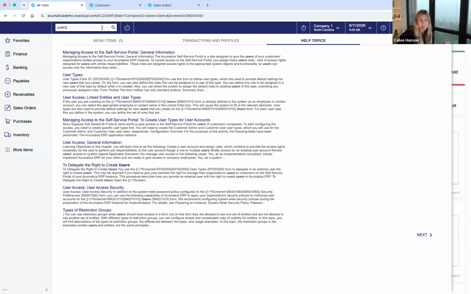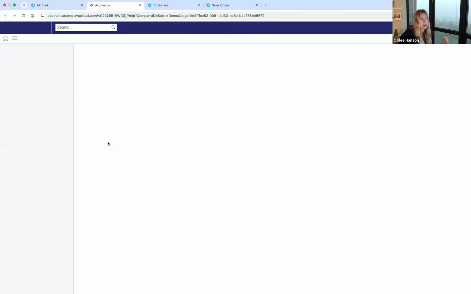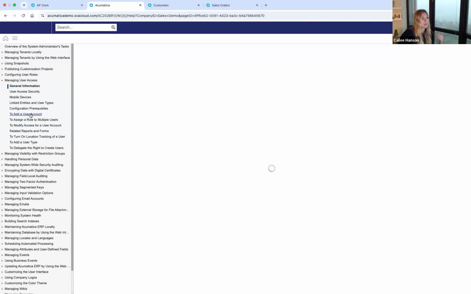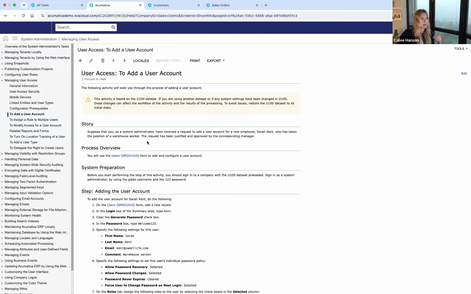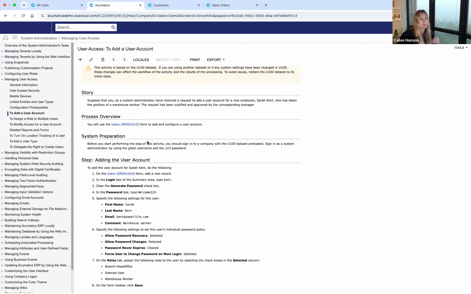Do we want to set up an approval map, for example? And that will essentially do a Google-like search, I'll call it, through Acumatica's help documentation. And now I can see things like general information on that. Is there an activity of how would I add a user account, for example? So different types of how-to activities, step-by-step kind of instructions and walkthrough as well that will live within this help